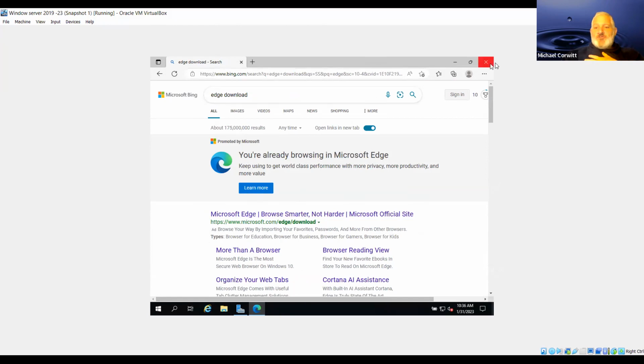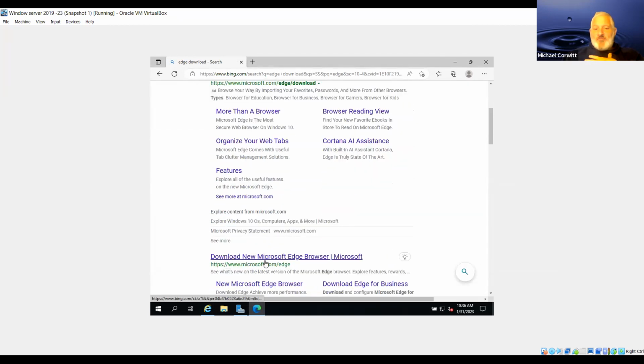Then you type in Edge download, and it'll tell you to start downloading Microsoft Edge. That'll save you one step once you get your localhost 443 link. Once you set that up, it's going to allow you to connect to your